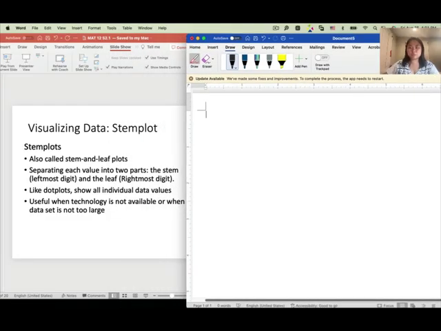Okay, let me show you guys the stem plots in here. So this is also called the stem and leaf plot. Separate each value into 2 parts. For example, let's say I have data 18, 22, 23, and 38. Or I may have a 7, one more data. So if I want to use the stem plot, we will have a line in here, and then the 7, since we only have 1 digit, we're gonna put the 7 here. And then 18,